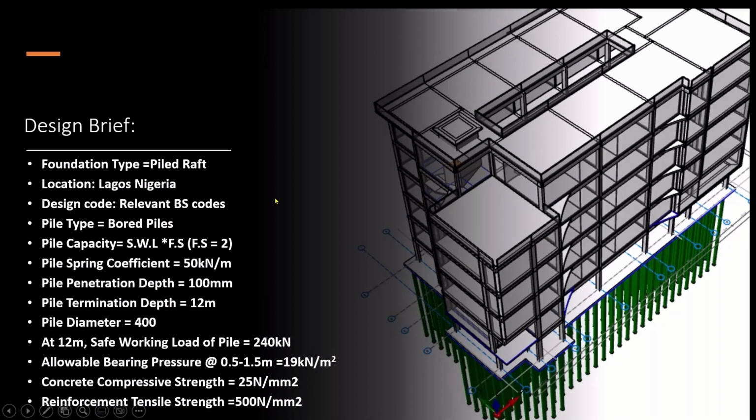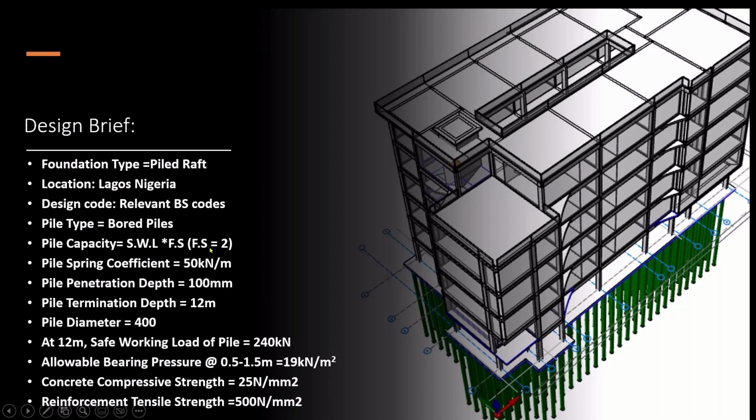Now, our project today, the design brief. I've tried to make the project simple since we don't have all the time for analysis; we need to shorten it. So the design brief: the foundation type, we say is piled raft, the location Lagos, Nigeria, the design code, relevant BS codes, or even Eurocodes too. Then the pile type, bored piles. Then the pile capacity,